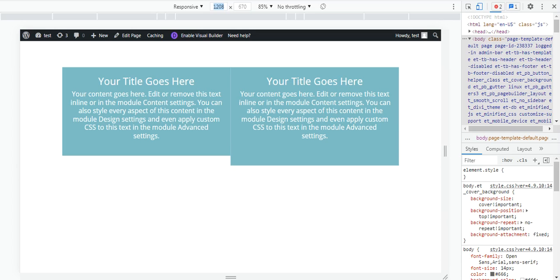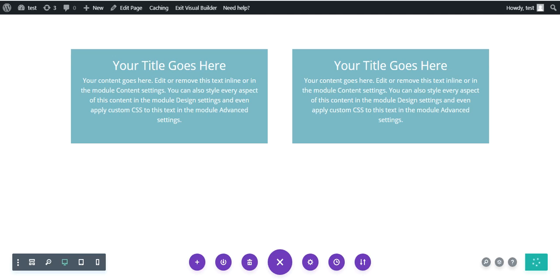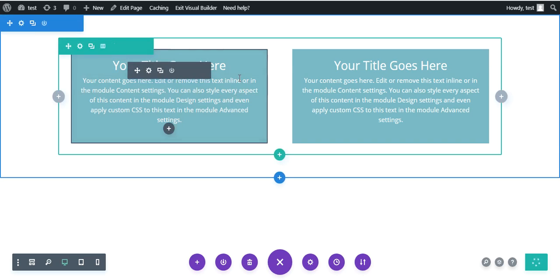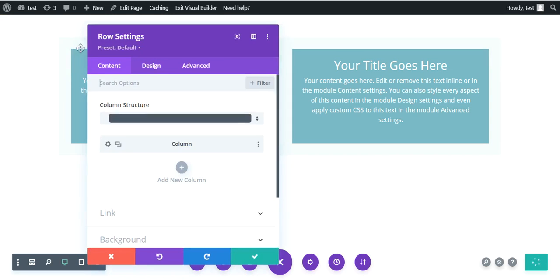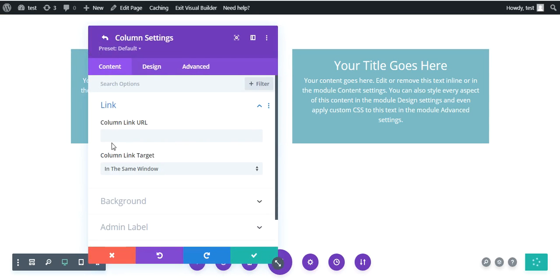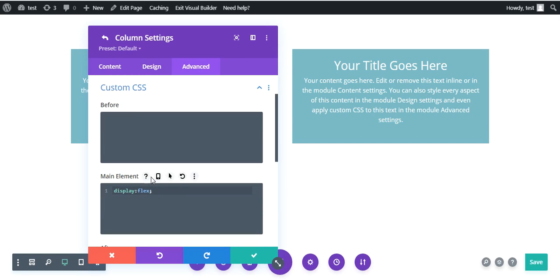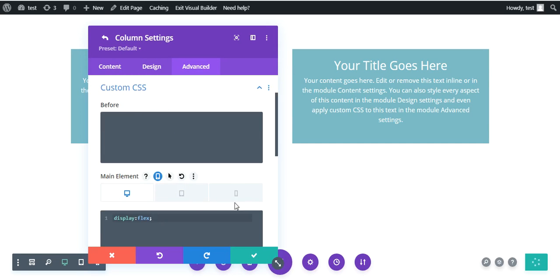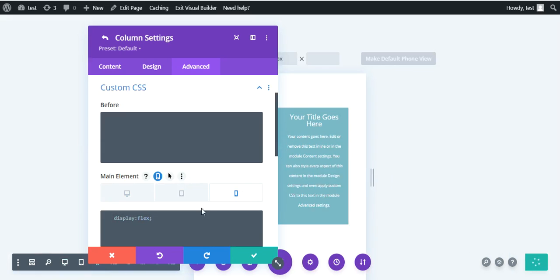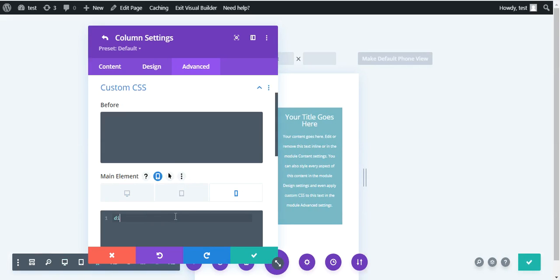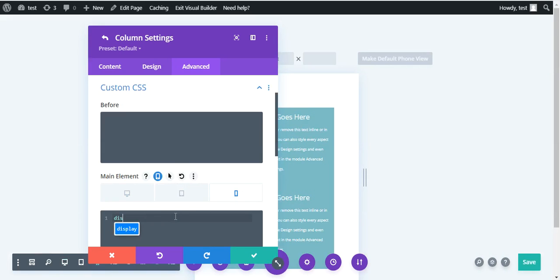Save this. By the time we refresh, I want to do one more thing. On mobile screen, I want this to be one below the other. For that, get into the row setting, then the column setting, advanced custom CSS, and for mobile, click on the phone icon.